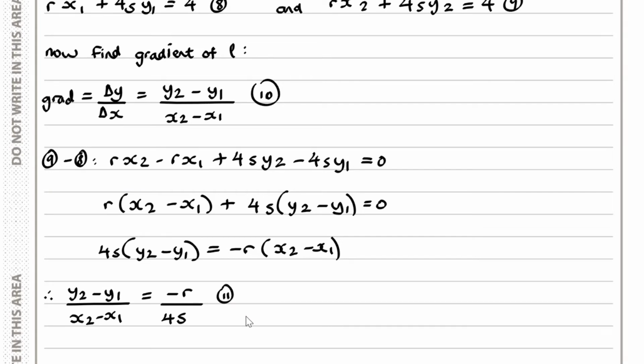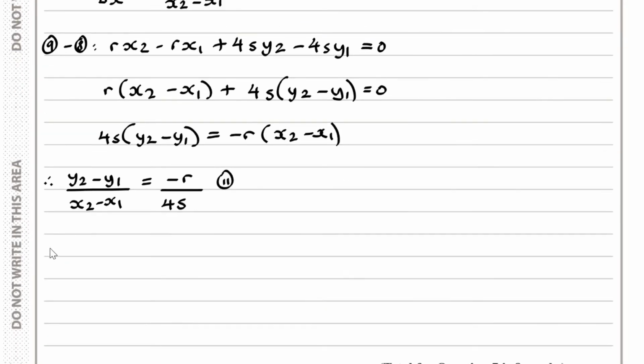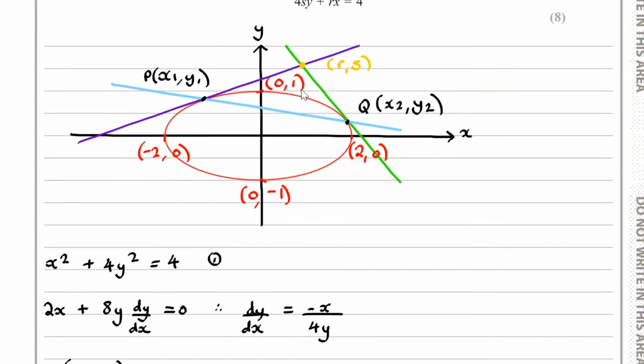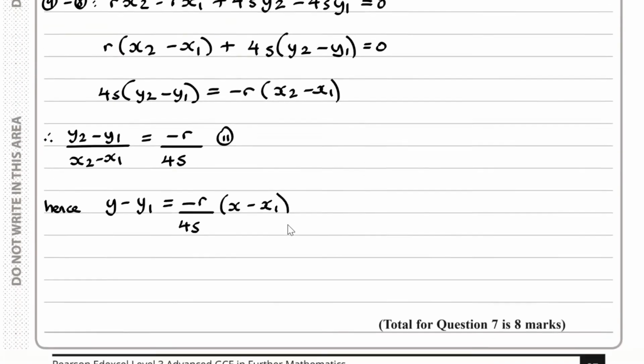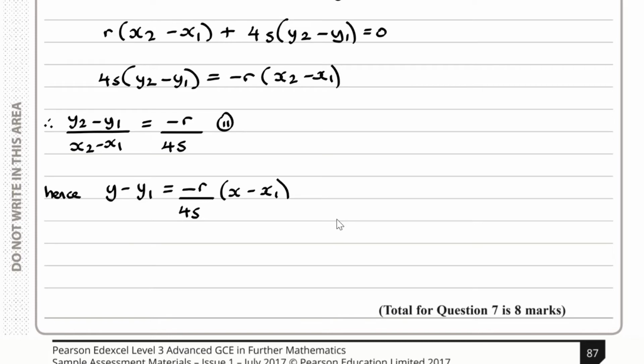So knowing that, we can now find the equation of L. So finding the equation of L, we have y take y1 equals minus r over 4s lots of x minus x1. All I've done over here is I know the gradient of this line L, and we can therefore use either the coordinates of Q or the coordinates of P. Doesn't make a difference. I will use the coordinates of P. So we have this for our equation for L. And if we tidy this up a bit,